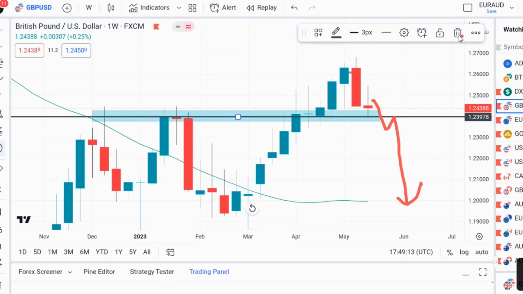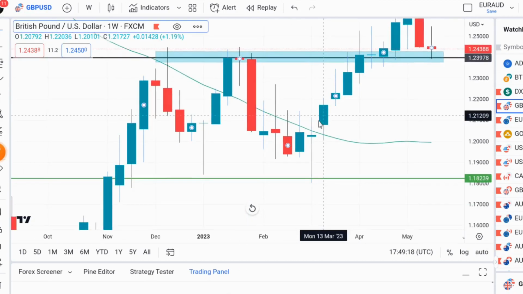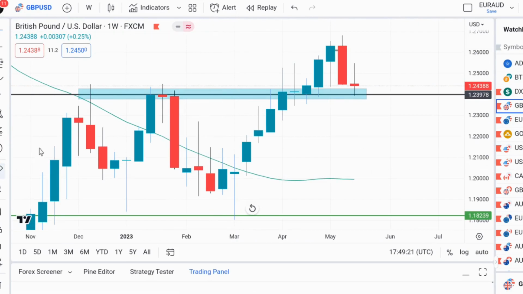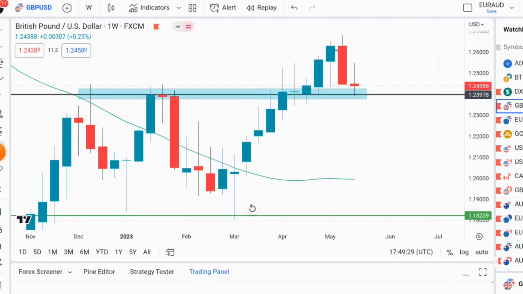But all the bias we are having now is to the upside, because there is a breakout of this zone and there is a retest, and there's a reversal pattern formed at that particular level, at that support level. That is the resistance that turns to support in the weekly time frame. So if you go to daily time frame,